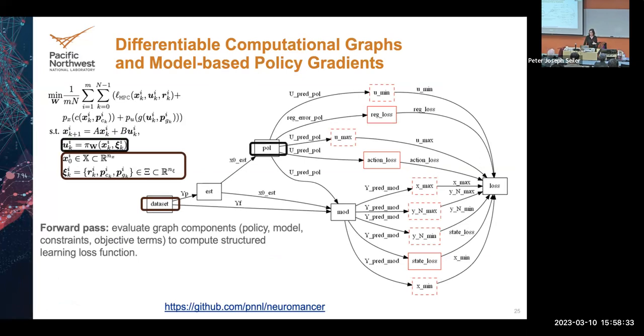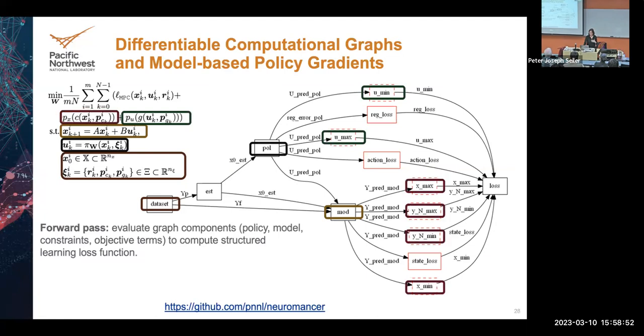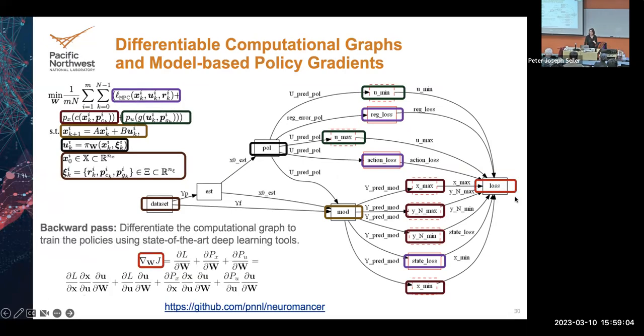So now we're training controllers. This is the control policy that you want to train. This is the model of your system that supposedly we've trained before using the same type of approach from input-output data. And then you have min-max constraints on control inputs, min-max constraints on states and outputs, and then you have some elements of this loss function. Everything gets accumulated in this learning loss function.